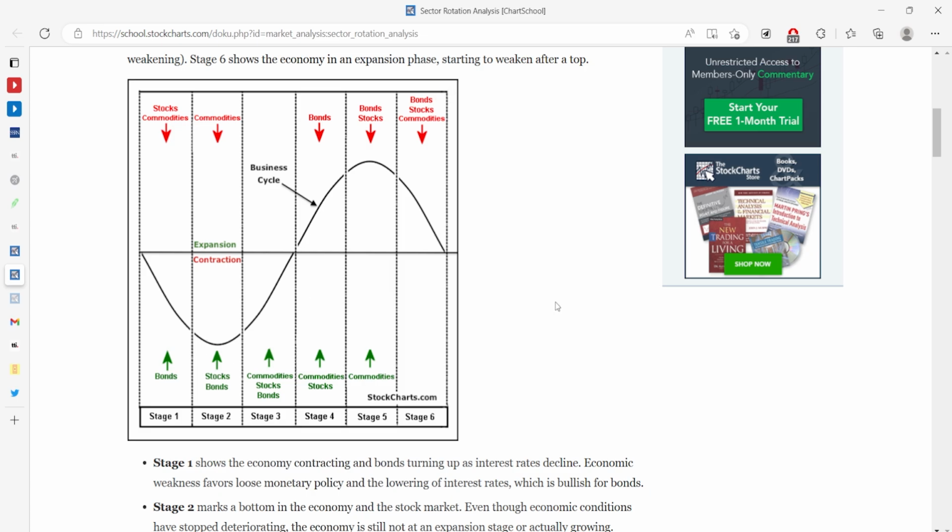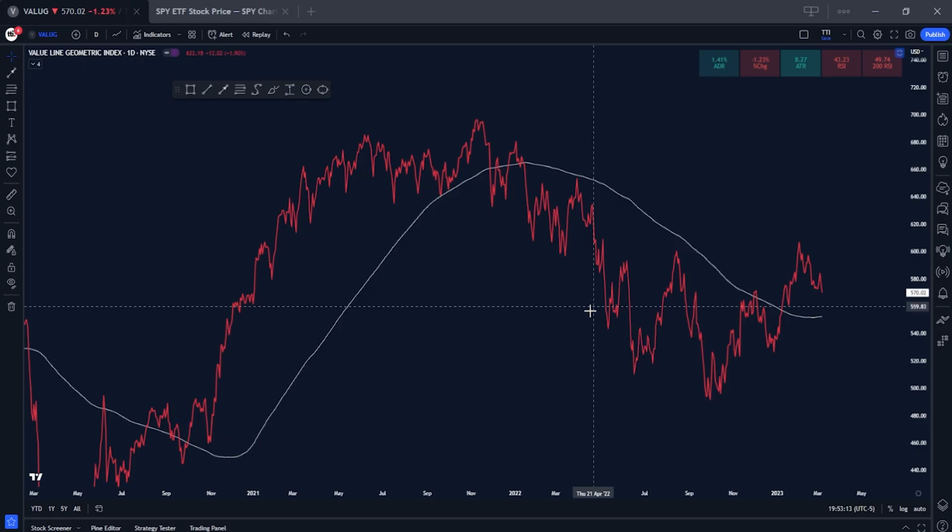So as of right now, it's our job to figure out where we are within this business cycle. Are we in stage 1, stage 2, stage 3, stage 4, stage 5, stage 6? Are we starting to see stocks and bonds pop up and commodities come down? Or are we somewhere on the expansionary side still, where we're seeing bonds, stocks and commodities drop down through the roof? Well, to be honest with you, if we look at the last 6 months,